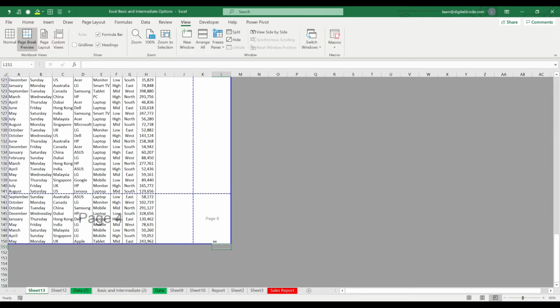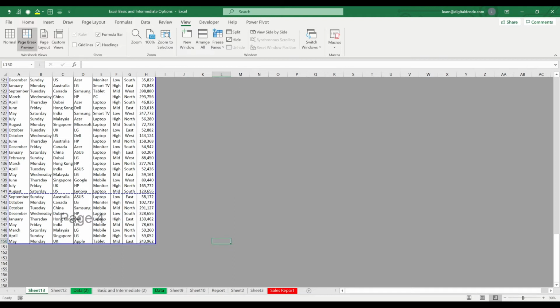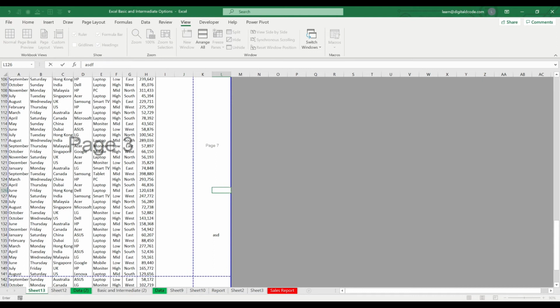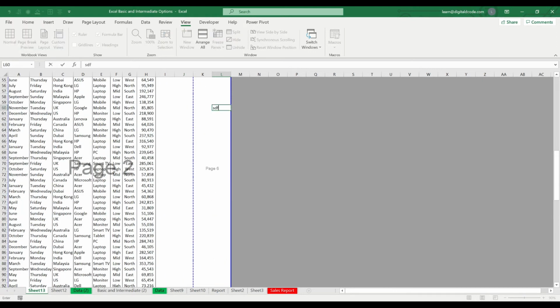To avoid this, you have two ways. Either you can delete this. But assume in some cases you don't have the option to delete, because you need the data, because assume you have data here, you have data here, you have data in multiple places which you need for your reference. You cannot delete. So what you can do is hold the blue color line, drag it, and leave it at the dotted blue color line.